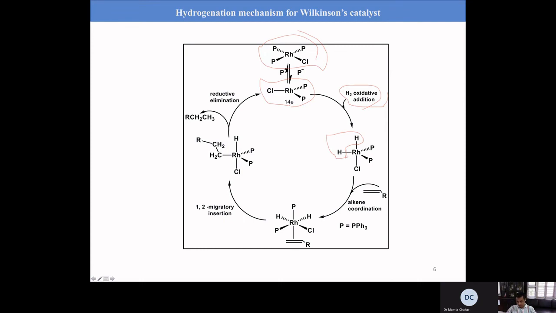After oxidative addition, it is the alkene coordination that takes place, and then a hydride transfer onto the olefin to give the terminal alkyl intermediate, which can then